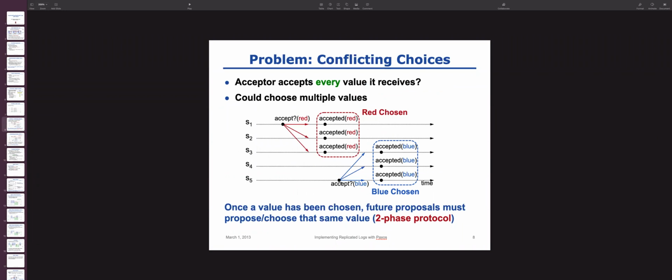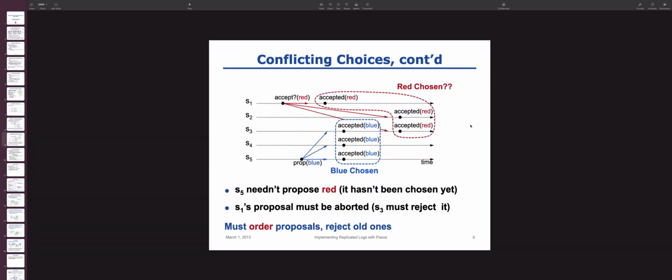No, here, in the earlier slide, when S5 was trying to send a blue value, at that time the previous value was already accepted, right? If you consider the timestamp here, at this time it will talk to all the other servers. So now it got a reply saying that S1, S2, S3 accepted this value. Right. But here,